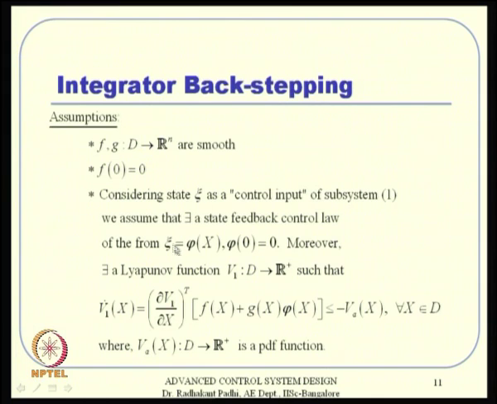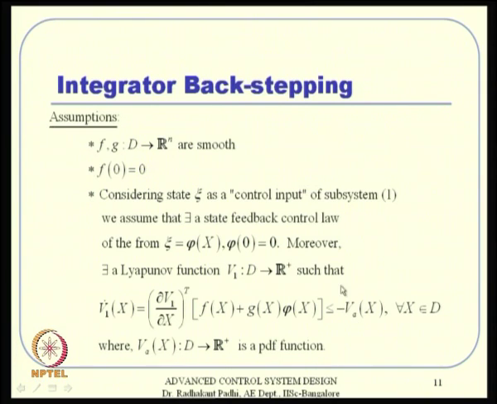Because it is a stabilizing controller, it also has a Lyapunov function with that. So, there exists a Lyapunov function V1, such that V1 dot, which happens to be like this, del V1 by del x into x dot. So, x dot is like that anyway, right. That is less than or equal to a certain negative of Va of x, where Va is a positive definite